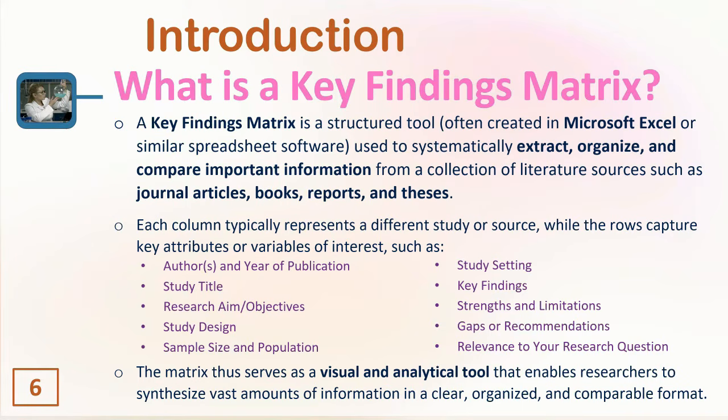Each column typically represents a different study or source, while the rows capture key attributes or variables of interest, such as the author and year of publication, the study title, the research aim and objectives, the study design, sample size and population, study setting, key findings, strengths and limitations of the study, gaps or recommendations, and relevance of the study